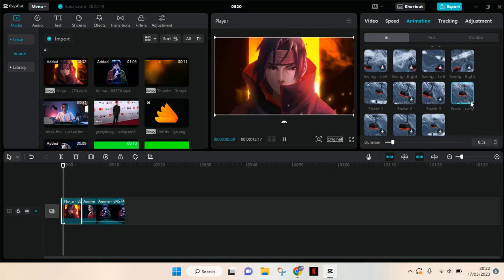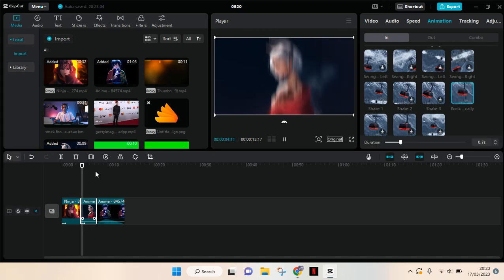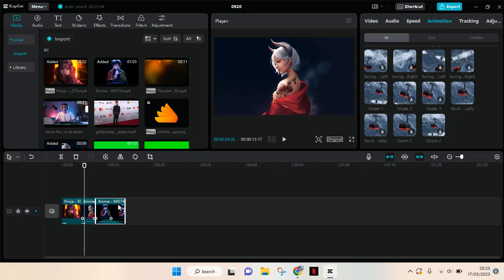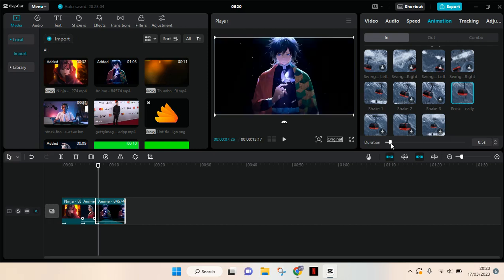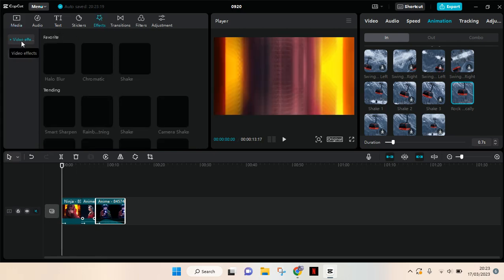Download it first and adjust it to around 0.7 seconds and apply it to all of your clips. Okay, I'm going to apply it to the second clip and also the same duration and the last clip. Okay, after you apply the animation for all of the clips, you need to go to the effects, video effects,